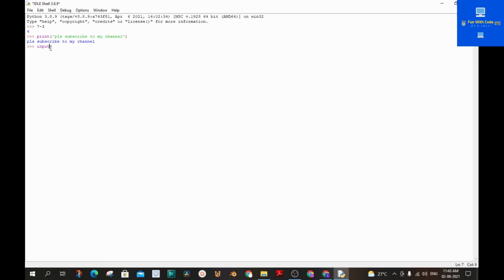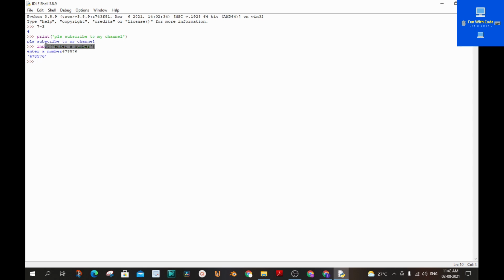For example, if I just type "enter a number" and close this and hit enter, it will ask for this input, and if you just type a number, it will take the number and just print the number.